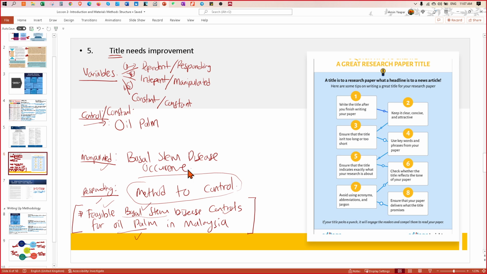So you need to replicate this in 3 locations. It can be the same estate, but in 3 different regions. Maybe one region, a flat region, maybe the other is a bit hilly, maybe the other is close to the road.